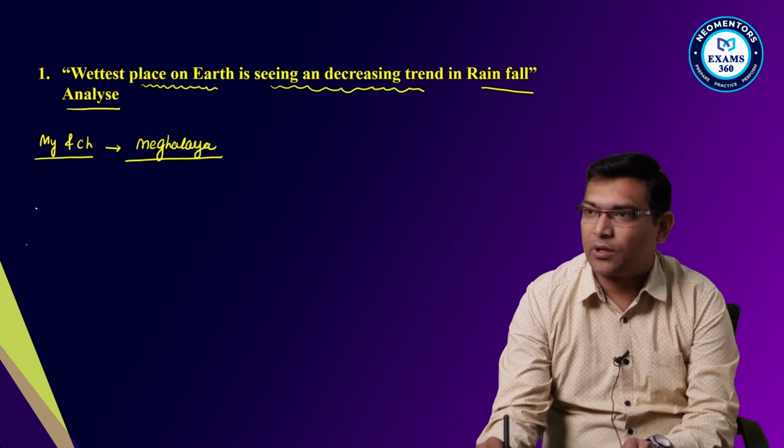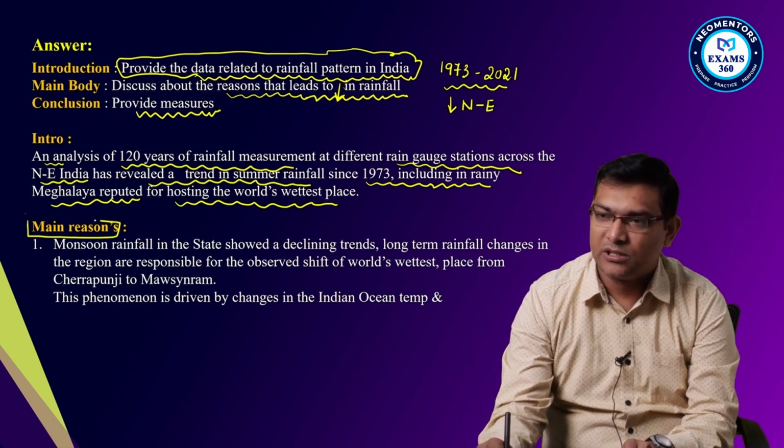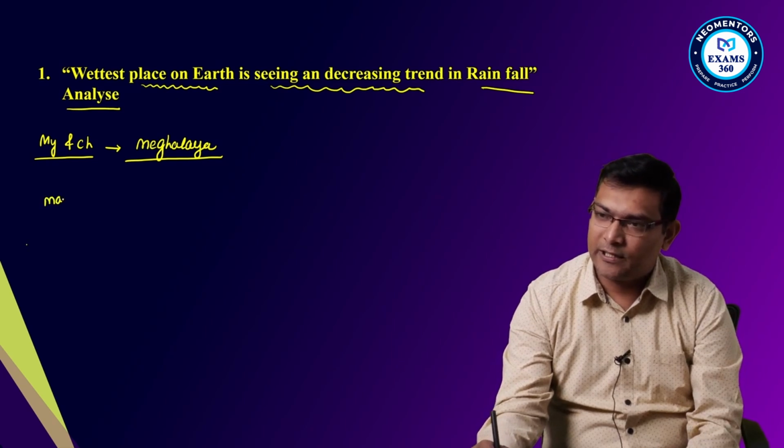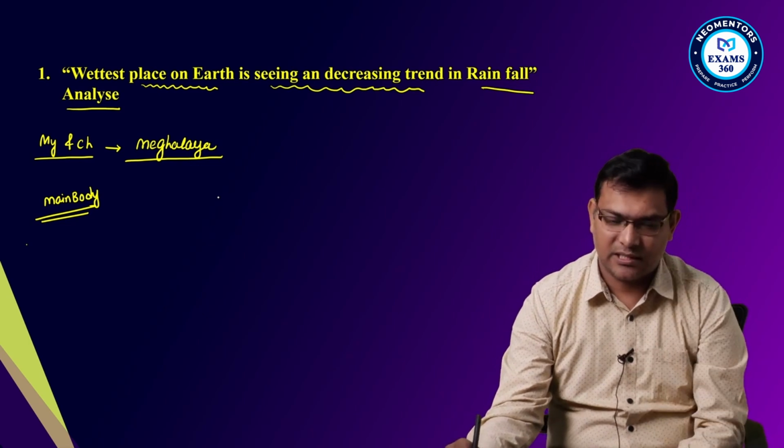Let us see what are the major reasons for decrease in the rainfall. See, I can write the major reasons, the main body, here. I will write the main body of my answer. I can write in two ways or three ways. Like for example,